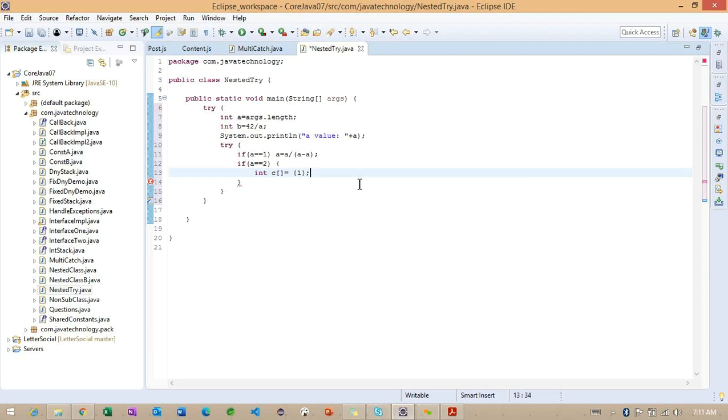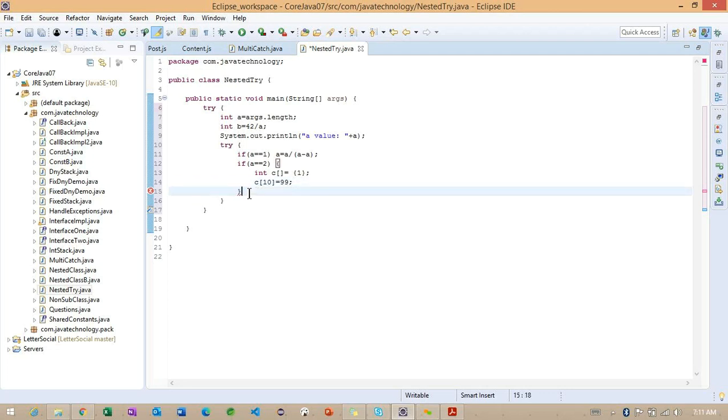Carefully observe how we are creating here. Getting the point. And after this, again I want to add in the 10 location the 99 value. In the 10 location 99 value I want to add.